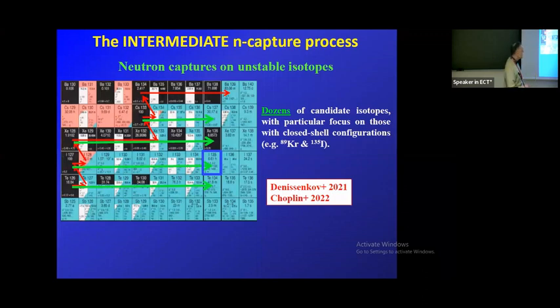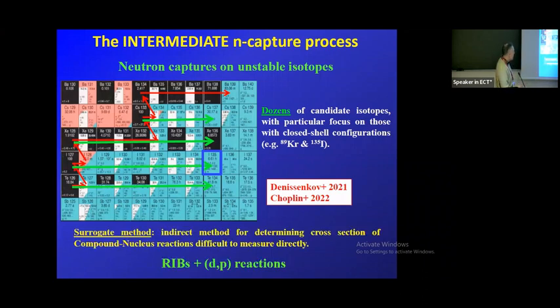So they can be measured, perhaps not directly, but with, for instance, the so-called surrogate method, in which basically you study the (d,p) reaction on